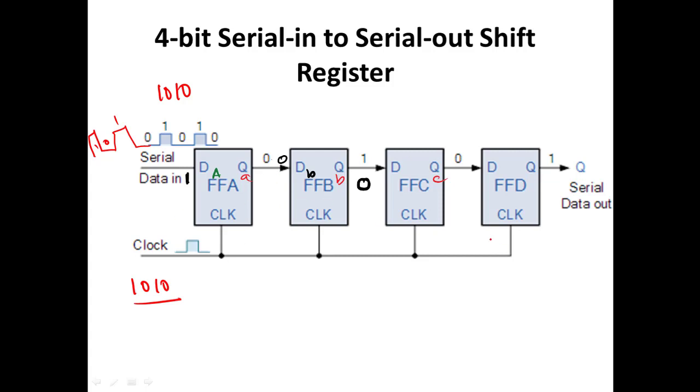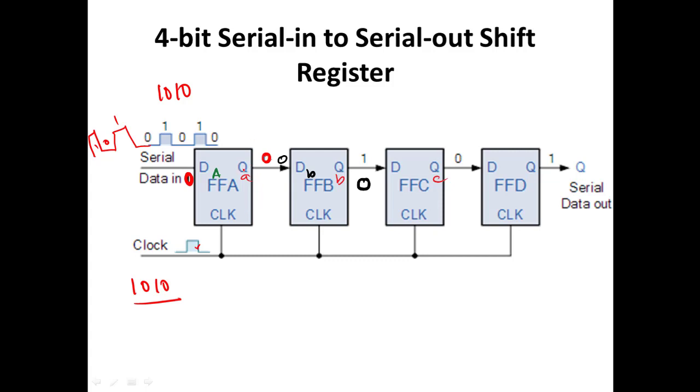SISO register, shift register. So the first bit that is going to be given in is 0. First it is 0. At the end of your first clock pulse, you will be having a train of pulses appearing in the clock. So let it be a negative edge triggered clock. I am giving input here before this clock pulse. So during the first clock pulse, this data 0 will be transferred here as 0.